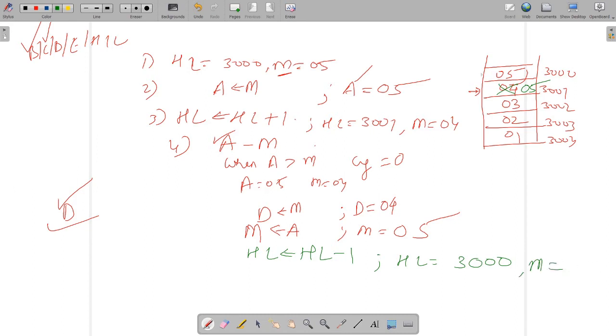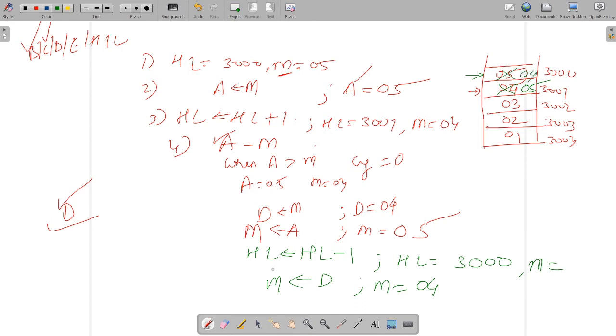So M will be indicating the data whose address is stored in the HL pair. Fine. So now you can easily transfer the D data into M. So what will you get? M will be equal to 04. So directly this 04 is going to be stored in this location. So now 05 will be eliminated and you will get 04.